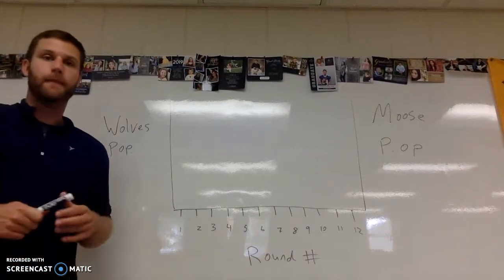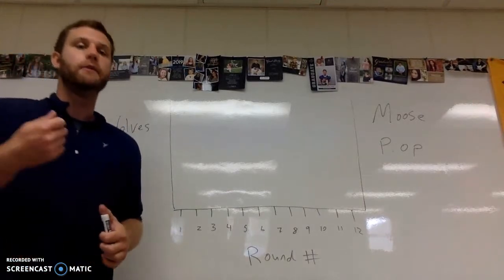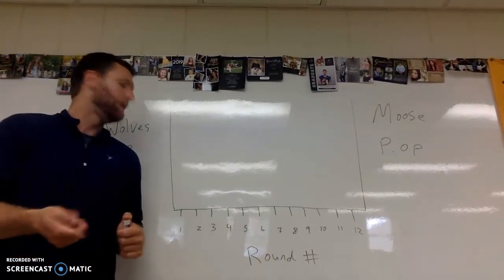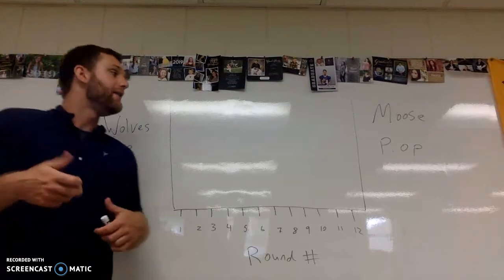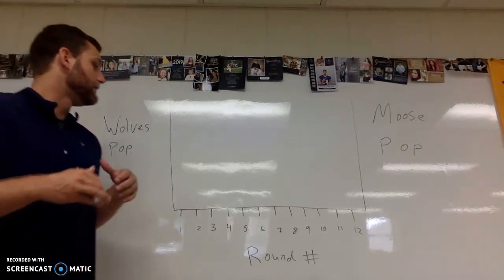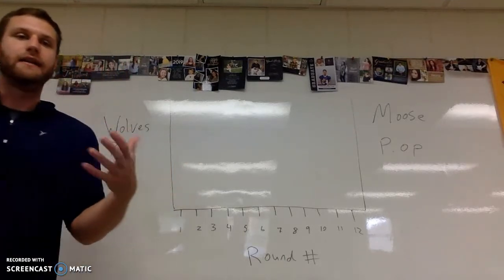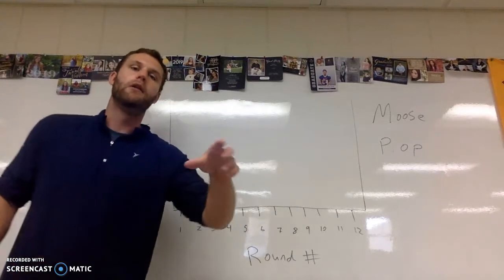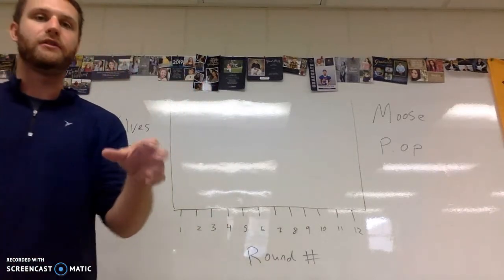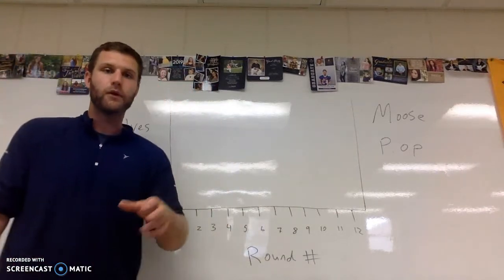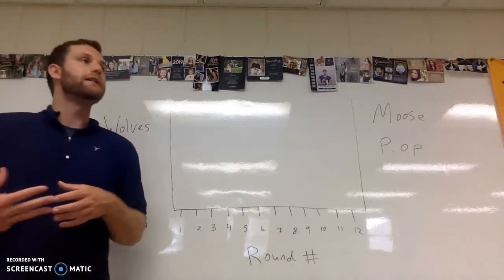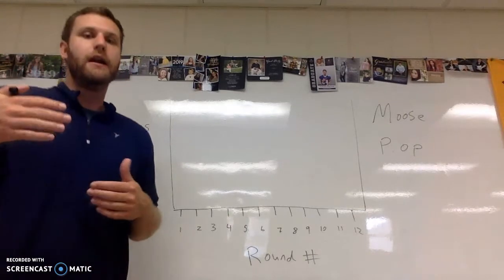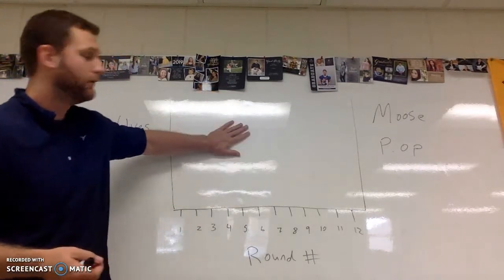So what you've done, or what you will do, is you've dropped the Q-tips. You will have dropped the piece of paper, okay, and then you are going to just keep track of the data table. I showed you that in the first video. You should have a column for round number, a column for moose population, and a column for wolf population. After that, you are going to take the data from the table and make a